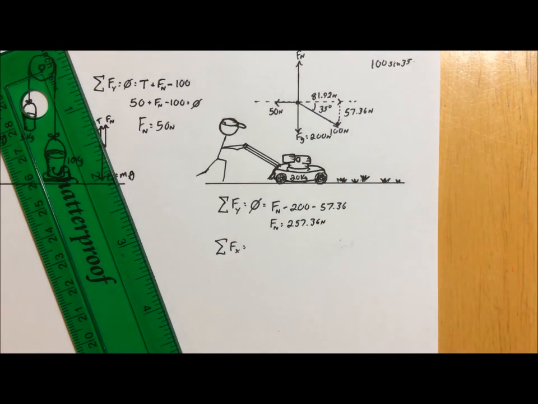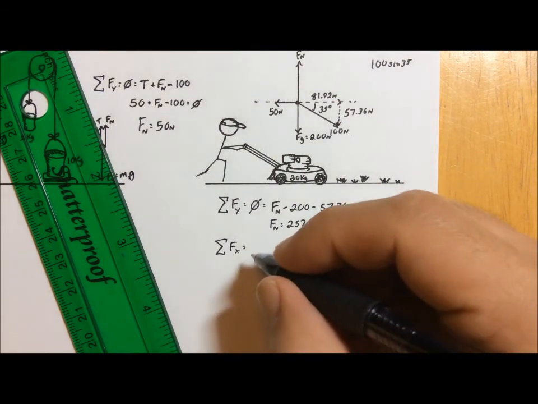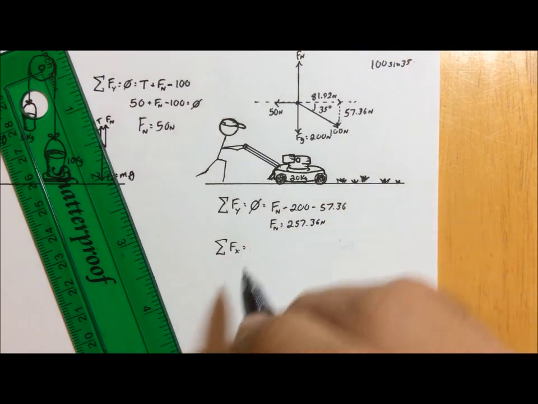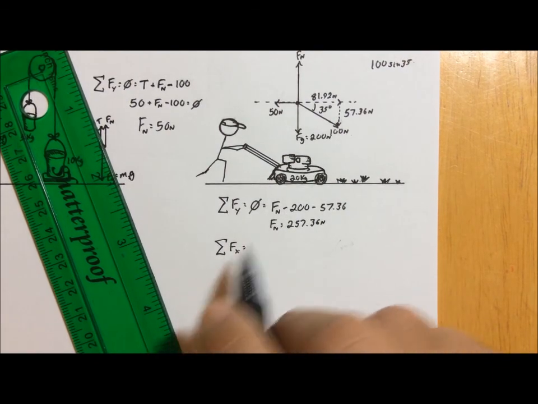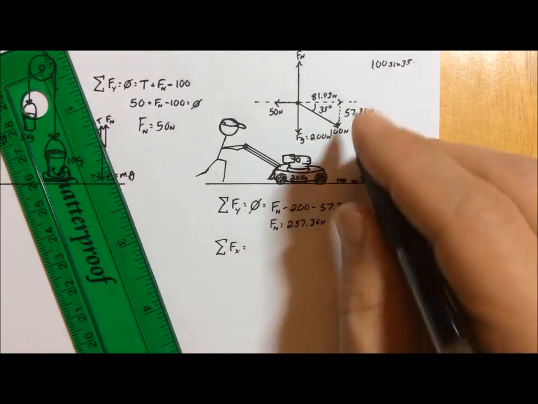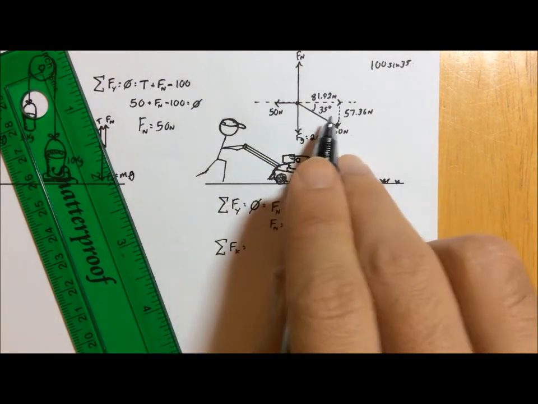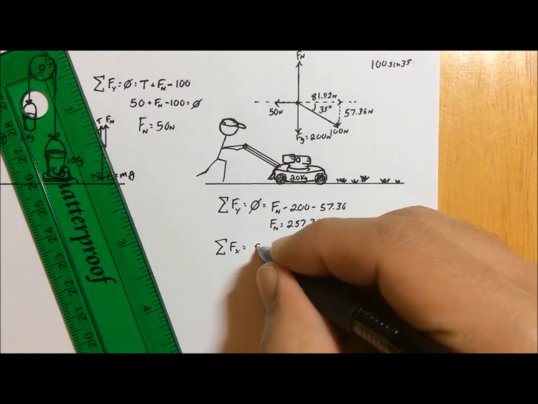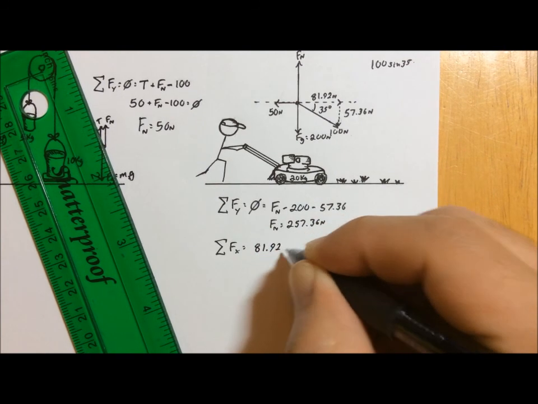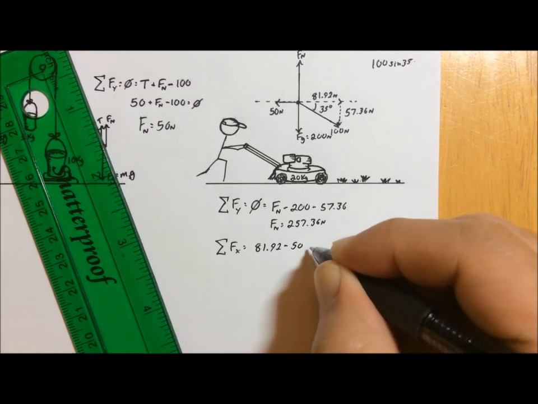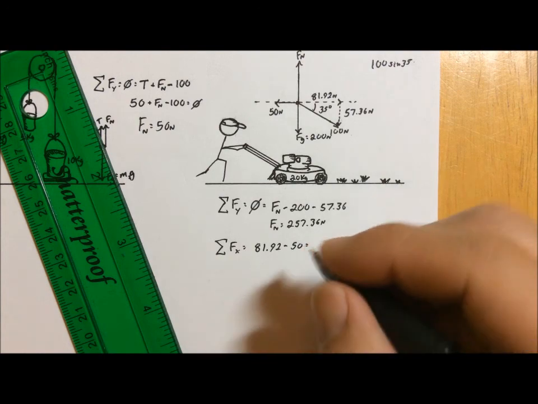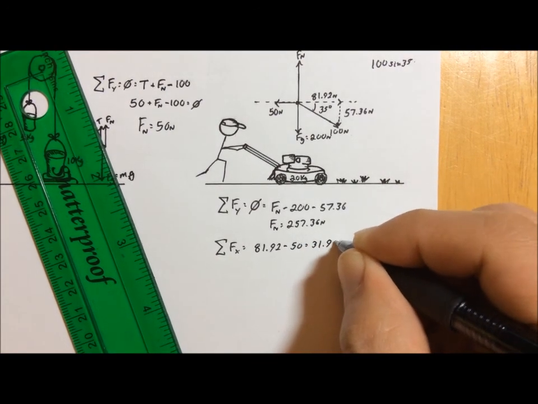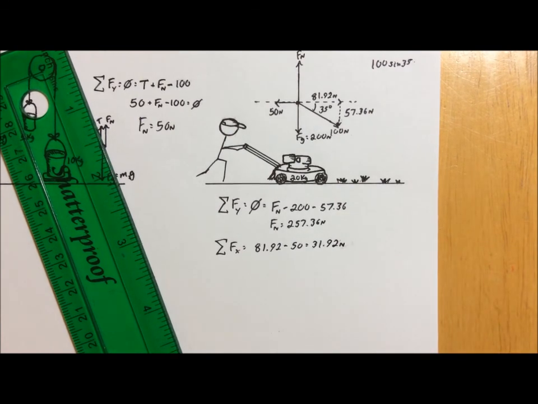So, no problems there. In the x direction, it's probably the more important one right now. We don't know if the sum of all forces in the x direction is 0. Most likely it's not. So we're going to look at these forces. How many forces do we have? We have 2. So 81.92 is going to be our positive, minus 50. Well, what's that equal to? Take 50 away from 80, that's going to be 30. So 31.92 newtons is our leftover force.